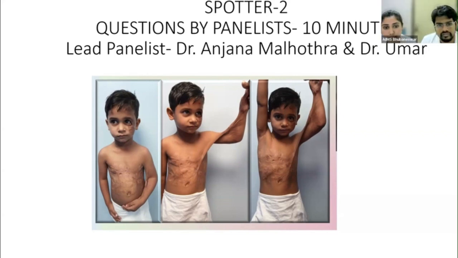Ma'am, as can be seen in the picture, only the anterior axillary fold is involved. The dome and the posterior axillary fold seem to be okay and not involved in the contracture. We can go for a multiple Z-plasty release, or we can go for a release and STSG for the contracture. No, you'll do nothing for the elbow? Or you'll do it secondarily? I mean, the plan has to be complete, no? This child is in front of you.